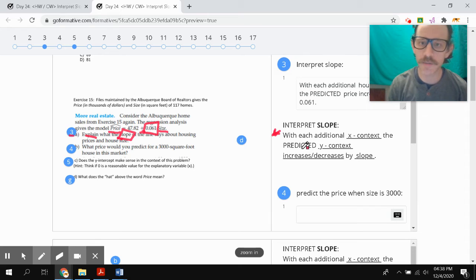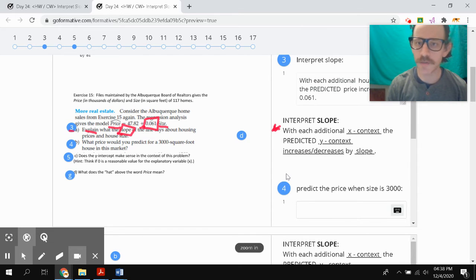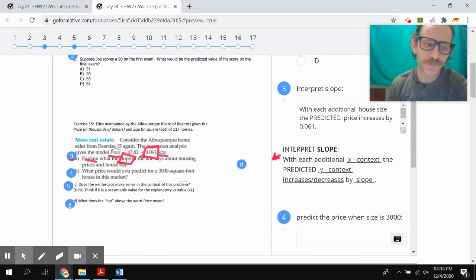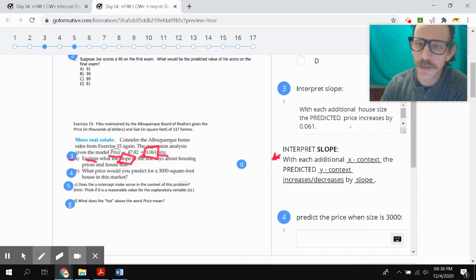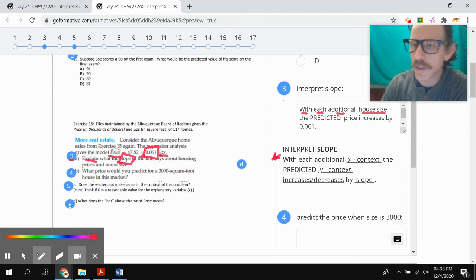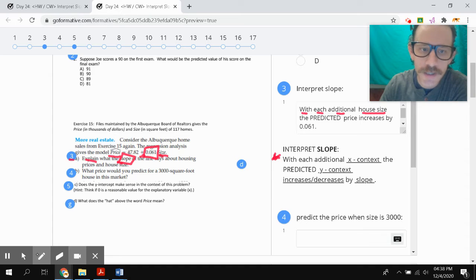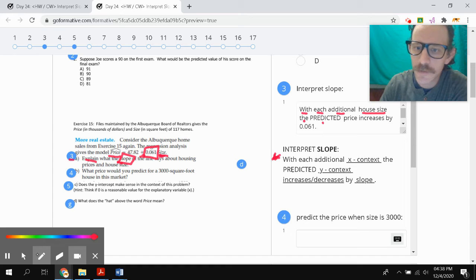And what is it about this that we have to change? In this problem set, we want to talk about for each additional x, and in this case our x is house size, right? It's right there, it says size. So we say with each additional home size or house size, if you just said size, that would be fine because you can get that off the equation. The predicted, so just copying here, right? The only thing that changes is the x context. It's house size. The predicted y, and y is there in the equation, it's price,